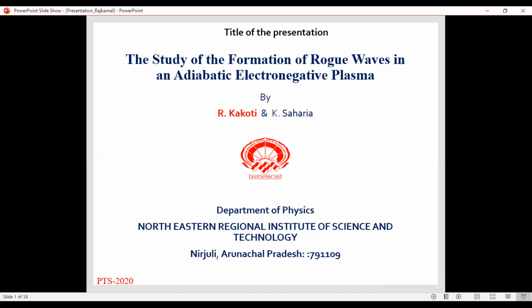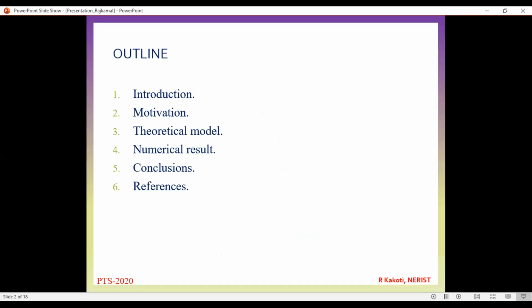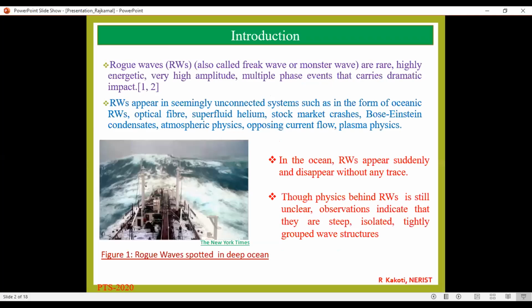Okay. My topic is the study of the formation of rogue waves in an adiabatic electronegative plasma. My outline is structured as follows. Now, coming to the introduction. Rogue waves, also called freak waves or monster waves, are rare, highly energetic, high amplitude, multiple phase events